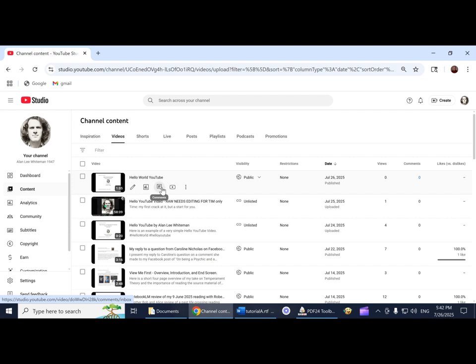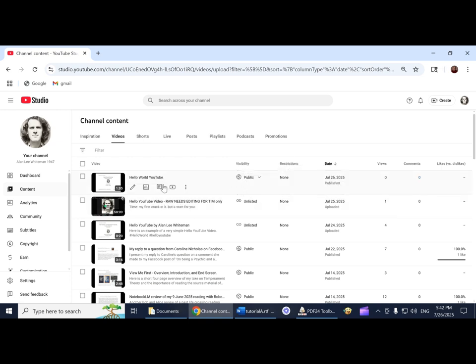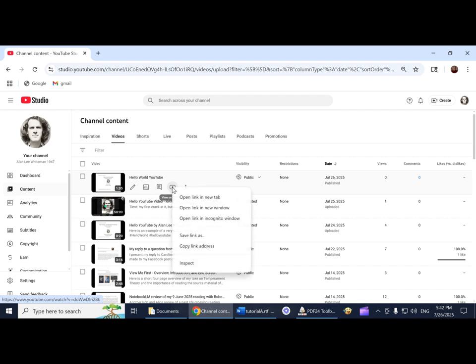But the important one at the moment, particularly if you're doing unlisted rather than public, is to get hold of the URL in case you didn't copy it down. And this is how you get back to that URL. If I do a left click on that, it will play the video. Again, I don't want to do that because of the echo issues. If I do a right click on it, Windows allows me to copy the link address